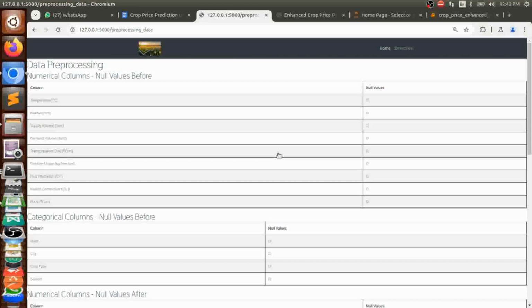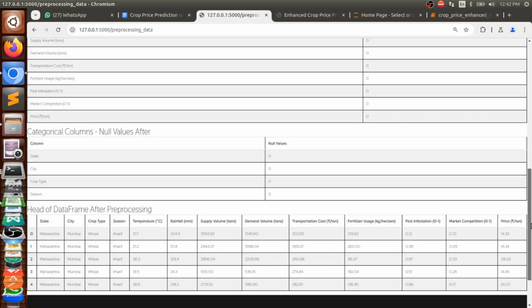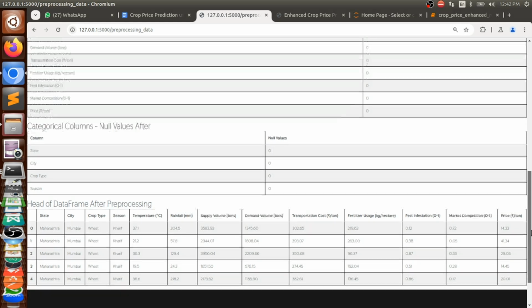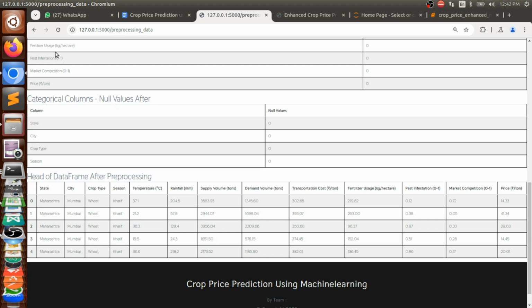Now we are going to apply pre-processing over the data set. In our data set we don't have any nulls, so we didn't need to handle null values. If there were any null values, we would need to handle them. So there are no empty values in our data set. Then I am going to check the data again from display,